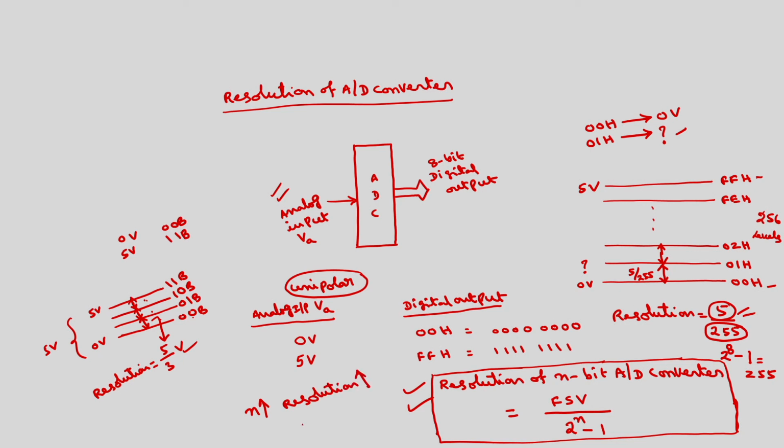But at the same time, the complexity also increases. Because of this, there will be some compromise between complexity and accuracy. Resolution decides accuracy, depending upon the application. The applications where accuracy is more important, we will go for more bits of A to D converters, like in case of biomedical applications, MRI, if I want to convert the MRI information into digital.